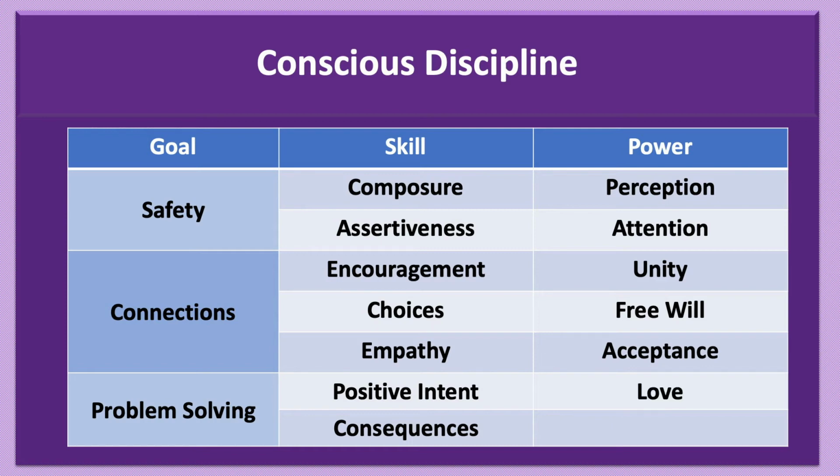The skill of positive intent is developed through the individual power of love, in which educators and learners are encouraged to see the best in themselves and others. That means to see the positive intent as much as possible. Finally, the skill of considering consequences is enhanced through the individual power of intention. This occurs as individuals develop the self-awareness that every choice has a consequence that results from the action itself. Adults establish intermediate consequences, both pleasant and aversive, to guide learners and protect them from the natural consequences that may